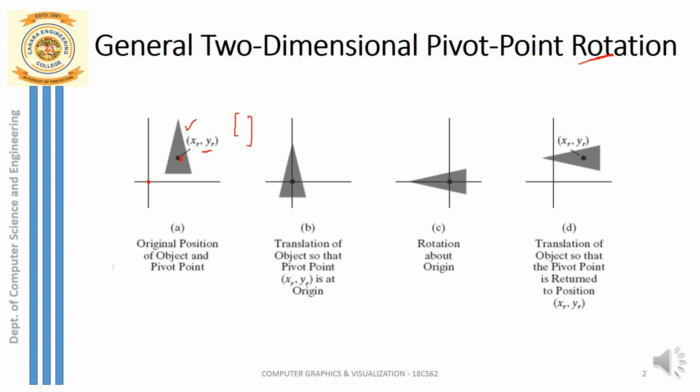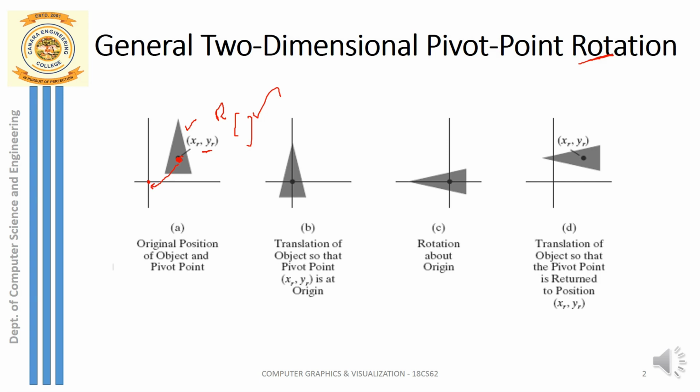Now as I already said, my rotation matrix is cos theta, minus sin theta, 0, then sin theta, cos theta, 0, and then 0, 0, 1, that matrix which is represented using the homogeneous coordinate system. That matrix I cannot use directly here in order to perform rotation about xr comma yr. So what I can do, can I move this triangle to the origin? How do I shift it to the origin? The point about which I have to rotate this triangle should be shifted to the origin.